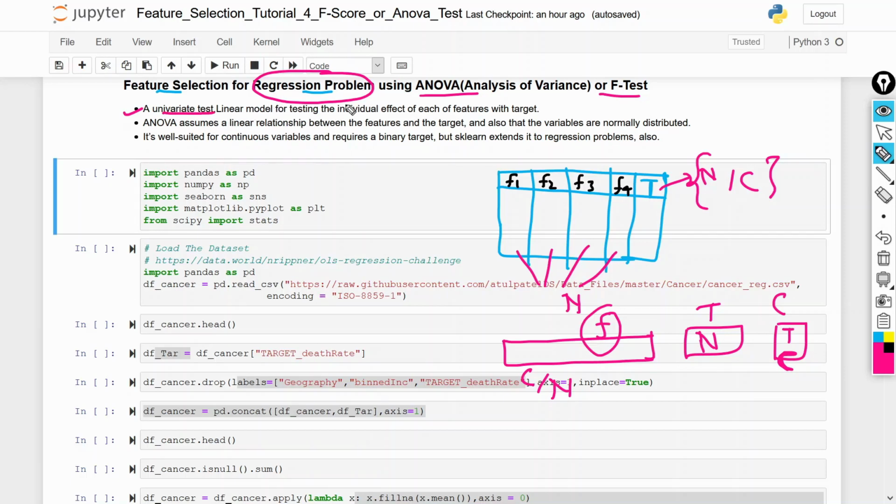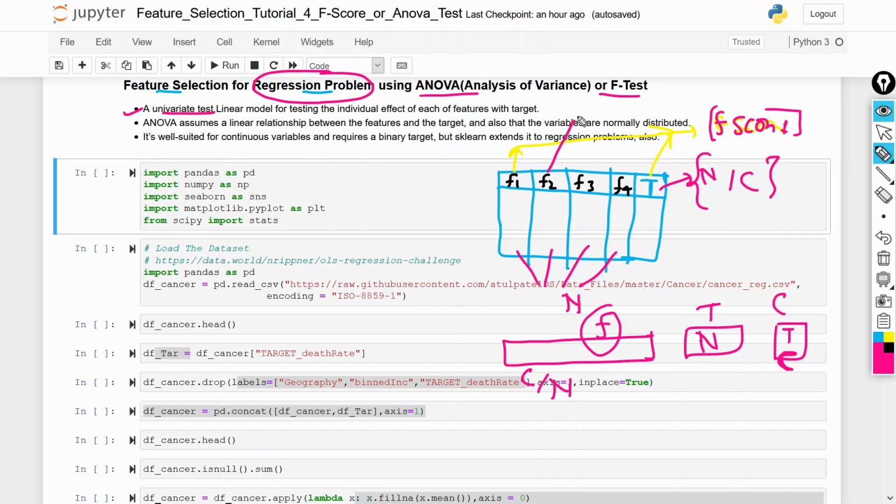And how do we perform the testing? Here we take one feature, the first feature, then we take the target and we perform the ANOVA test. It will provide you one score, the F score. So we get F score 1 for feature 1.